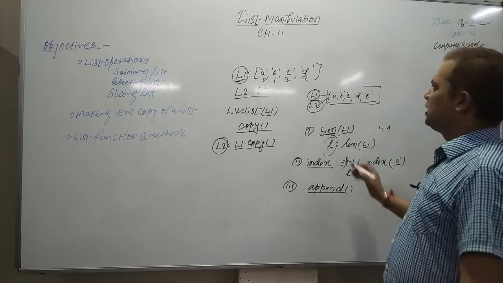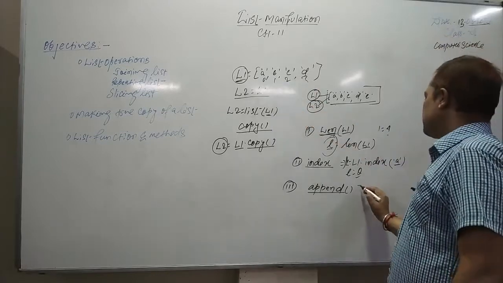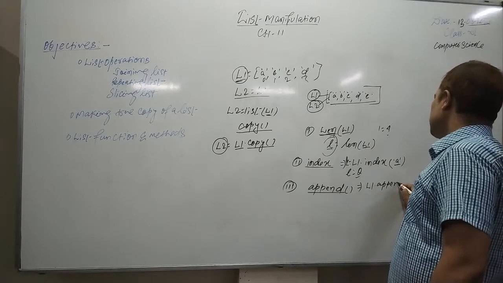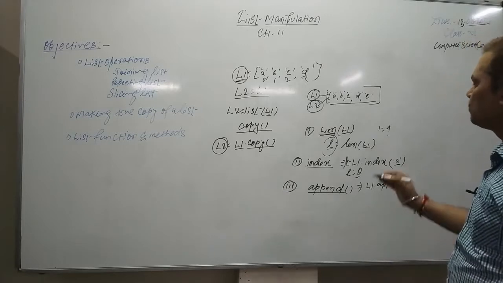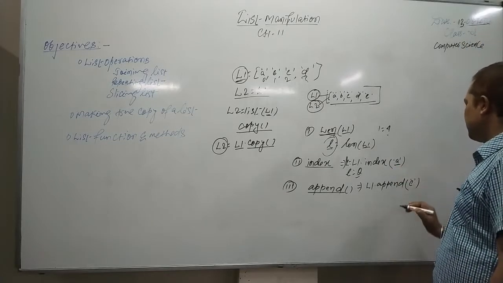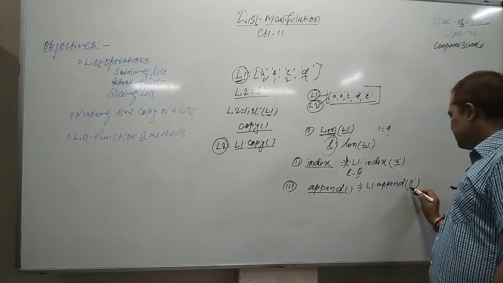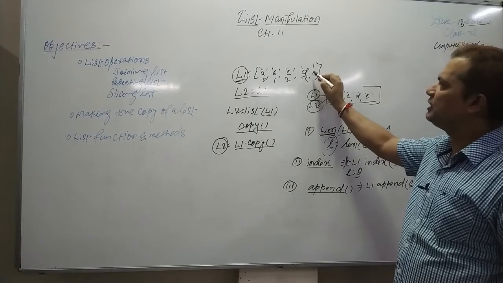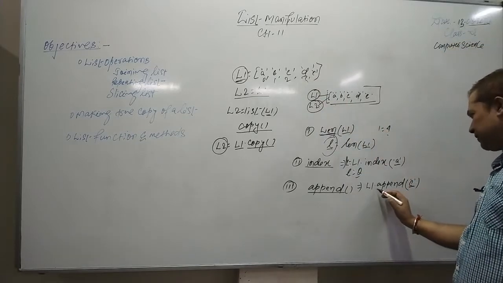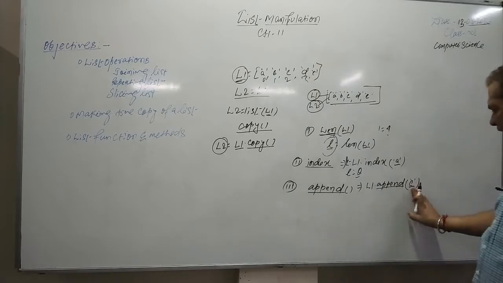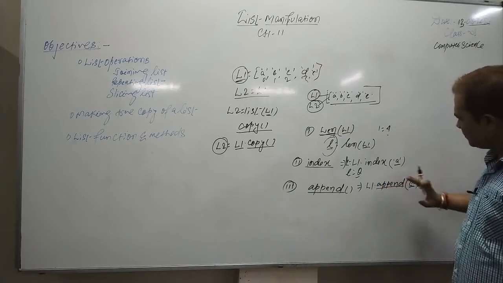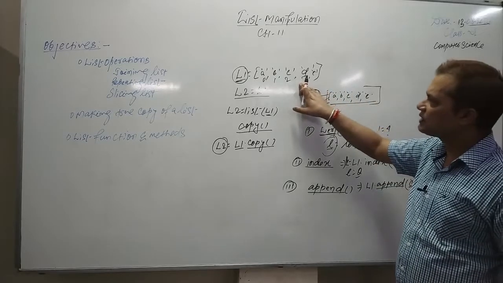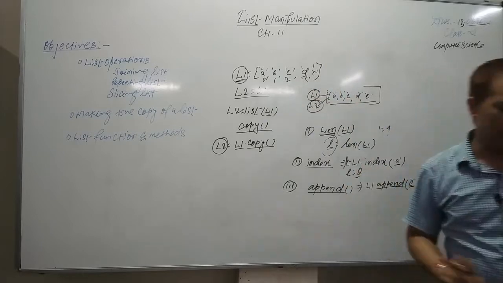For example, suppose this is a list L1 and I'm using the Python code L1 dot append, which means I am using the append method, and inside the bracket I have to put an element. Suppose I said E. Now what will happen is this E element will be added at the last in the L1 list, so your next element will be E. This is L1 dot append. This method always takes one element as a parameter, and it always adds the element that you pass as a parameter or a value at the last of the list. That is how the append method works and what the purpose of append is.